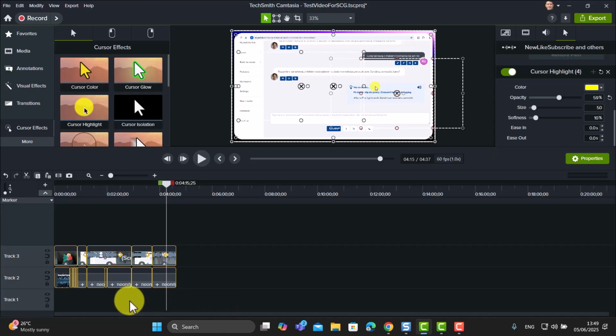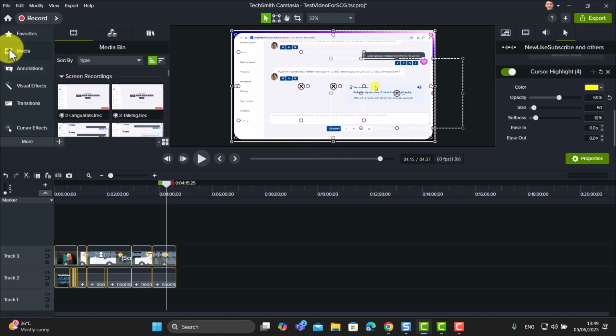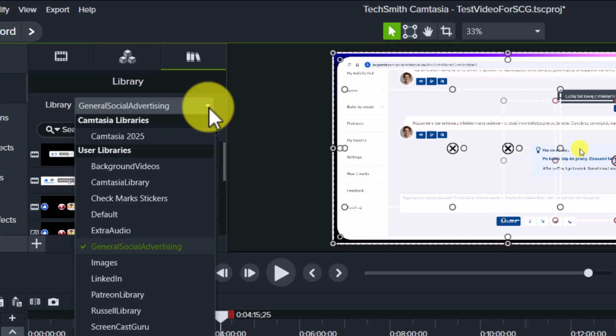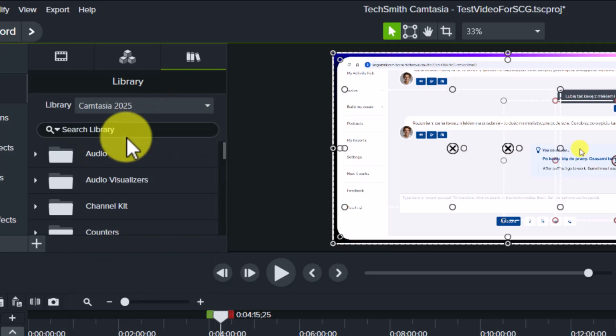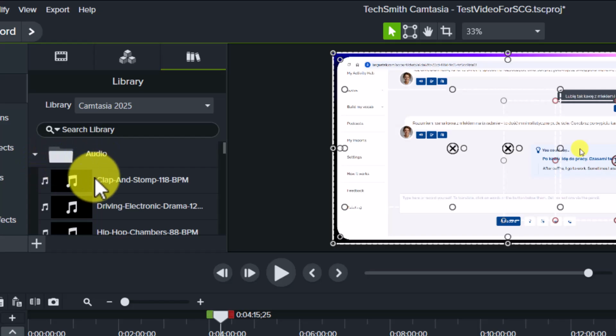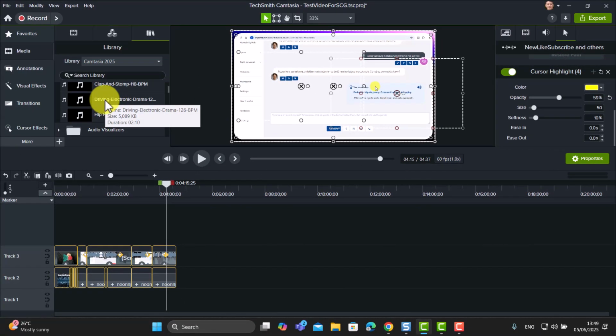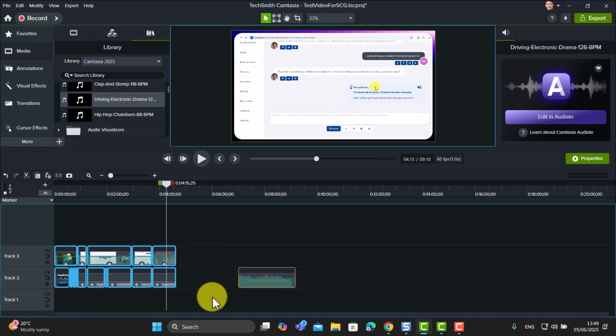Now if you come up and click on media and come over to your library, so this one here, remember whatever version of Camtasia you've got, and you might have Camtasia 23 or 24 or 25, then click on the Camtasia and you should notice that you've got some audio backgrounds. Now you can actually click on these and listen to them and decide which one you like, but I'm going to just drag on this one here, driving electronic drama. So I'm going to drag that into the bottom